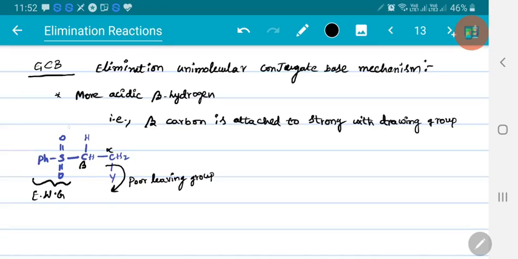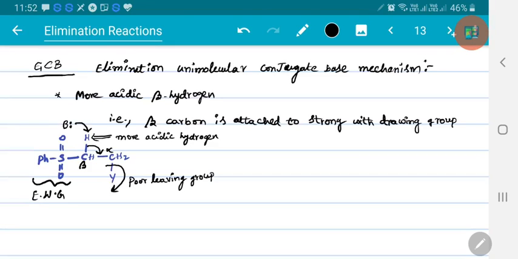Now in such cases, the base will approach this hydrogen and abstract it, making this bond shift here and the leaving group leave, right? So here the hydrogen must be a more acidic hydrogen. It must be a more acidic hydrogen. Then it leads to